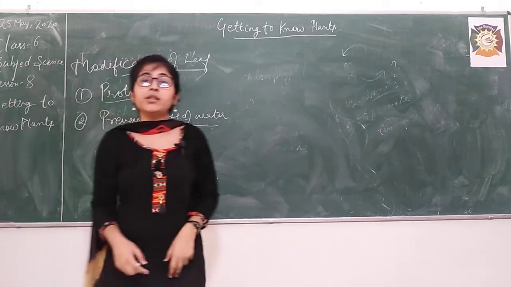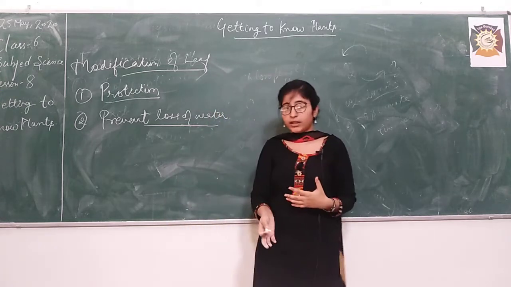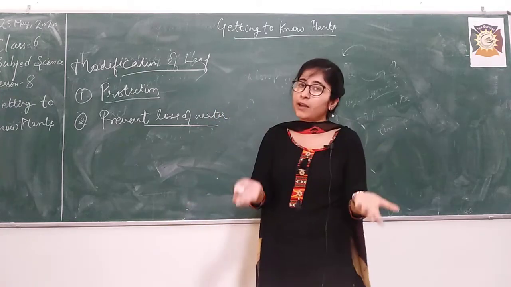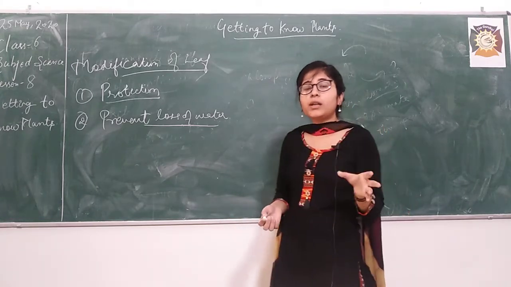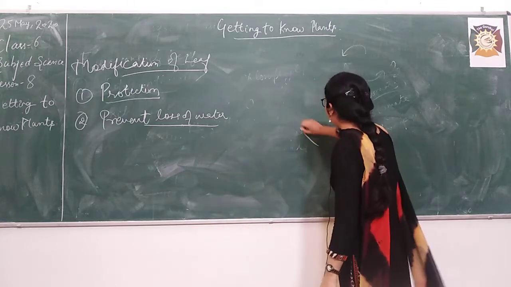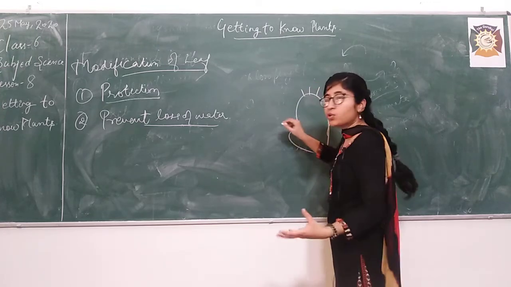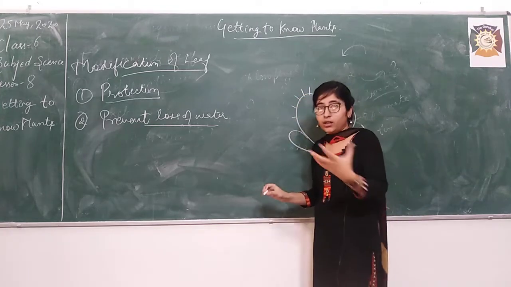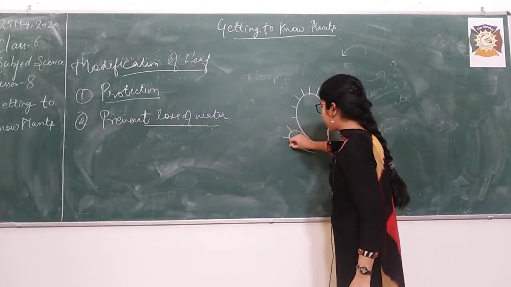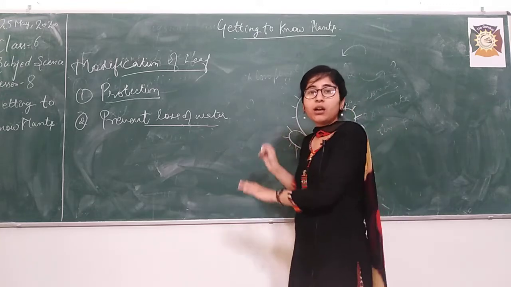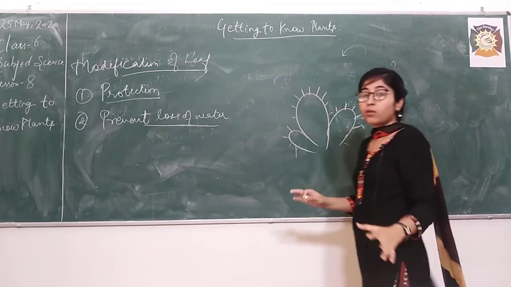So listen carefully. Students, we have seen the cactus plant. Those who live in deserts have seen the cactus plant, but others like me have seen it in books and in various pictures, right? So what is a cactus plant? We see that a cactus plant is like this, and it has sharp spines or thorns. In Hindi we call it plantain. All the surface is covered with these spines. When we see this plant, we don't feel much excited as it is not colored and it has so many thorns over it.